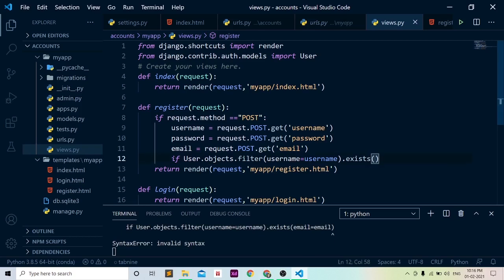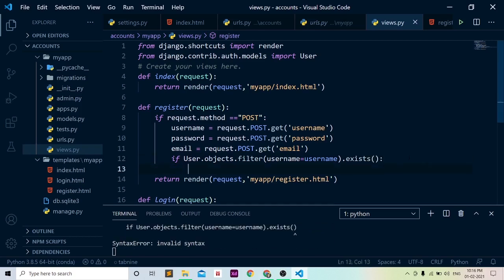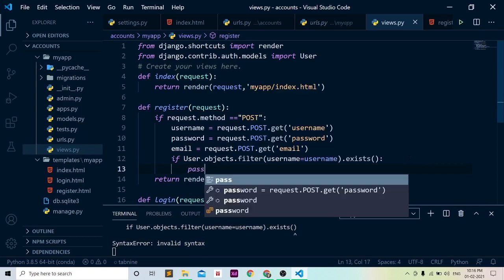Not email equal to email. Now we will check whether that model has a username already there or not. If it is not there, save this data into our database, but if it is there, we need to show some error message to the user.